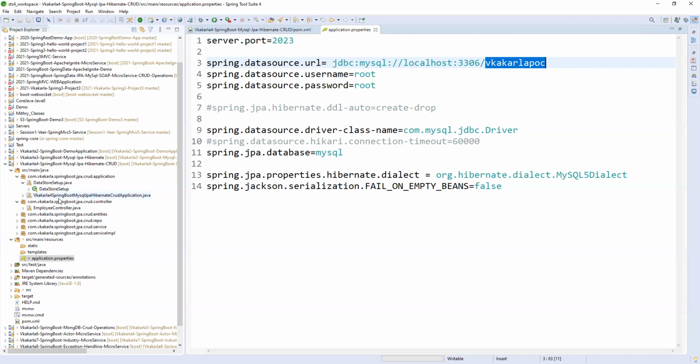Raju, you have already installed MySQL in your system, or? Yes, we need to install the prerequisite of this application. We need to install MySQL. Once we install it, then we know this link. This link is common to everyone. The database schema will vary whenever you are creating one. So up to this, it is common.